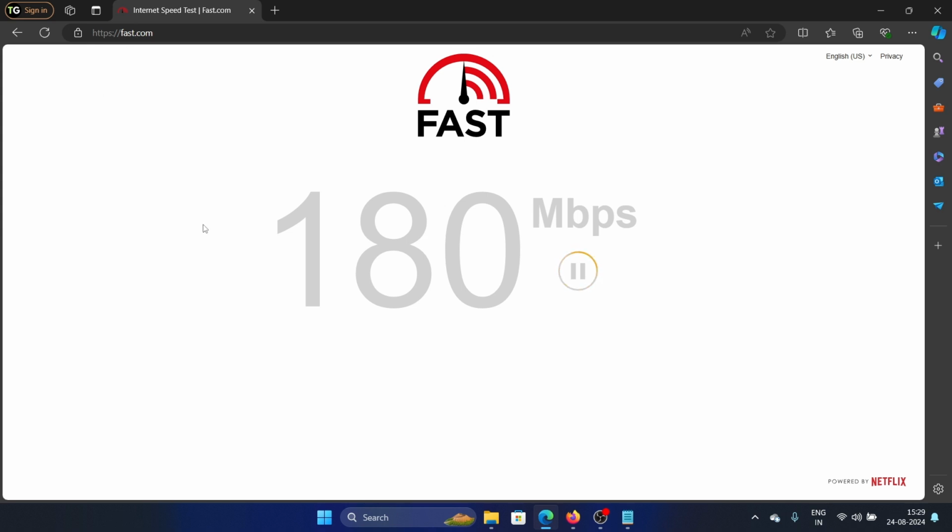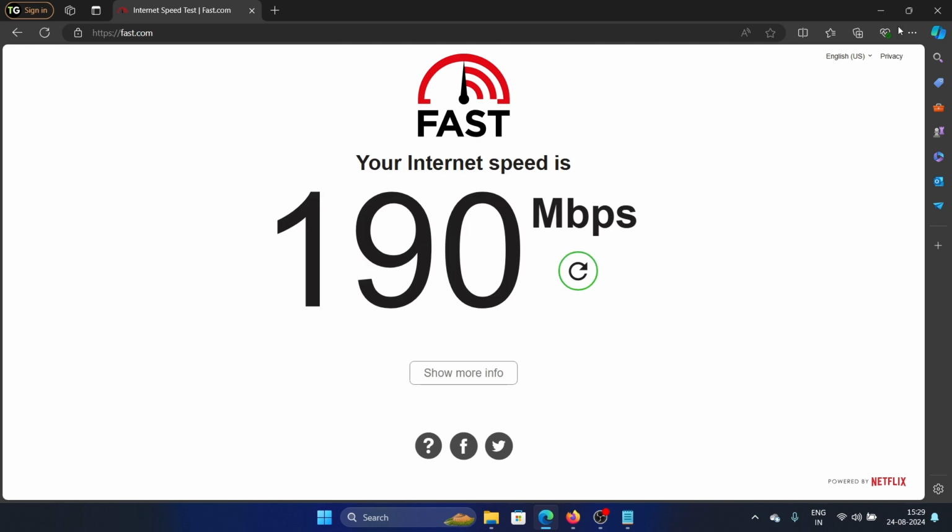And my speed is 180 megabytes per second, which is quite good. But if your speed is 20 mbps or below, then there's a problem with your internet connection, and you need to either confirm with your internet provider, or you need to check your internet connection